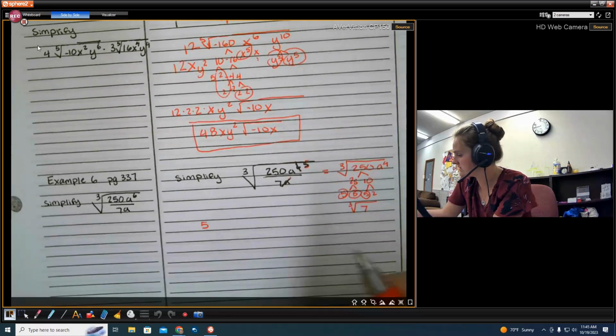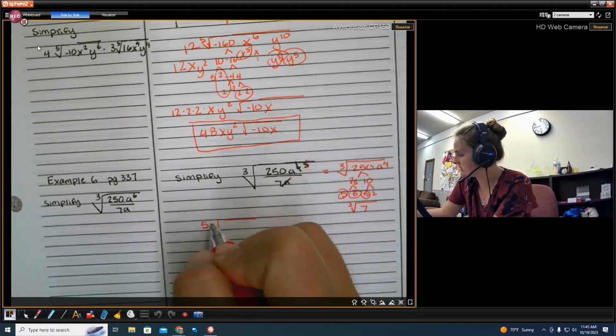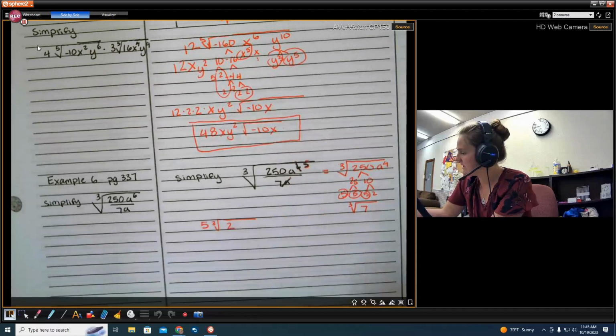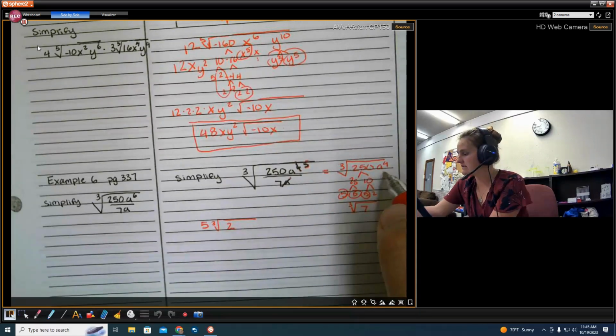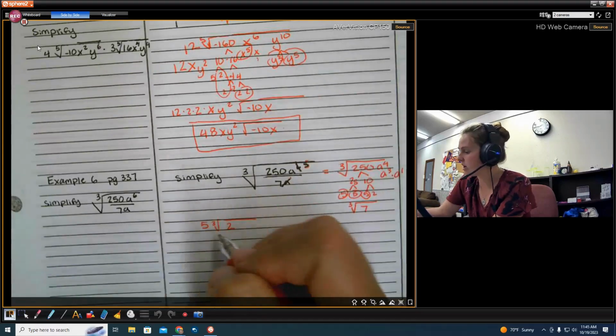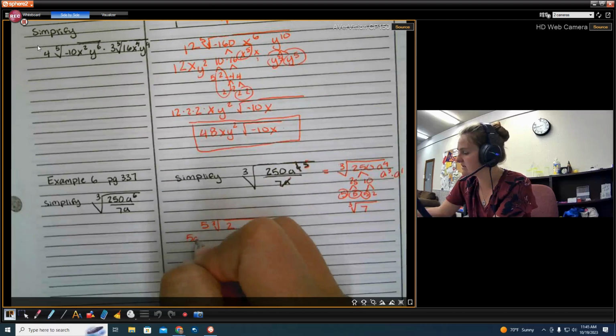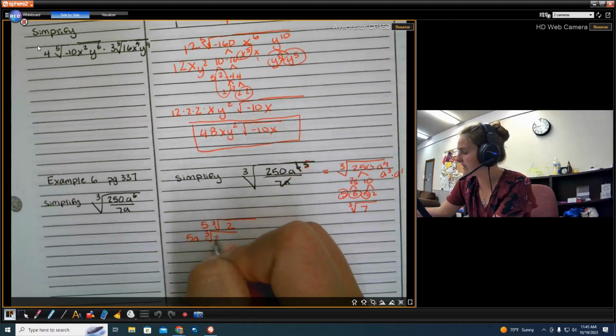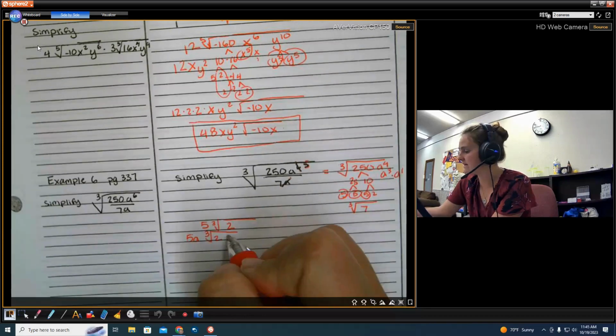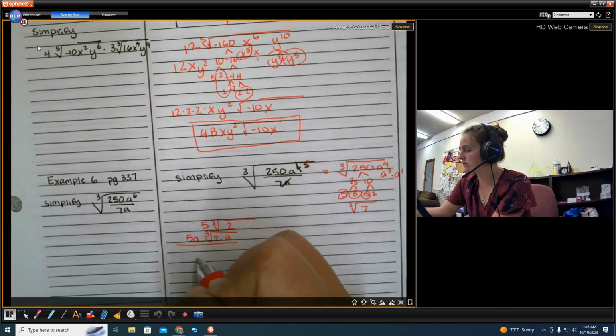My 5 pulls out, and my 2 has to stay inside. Okay, and then I can put this as a cubed and a to the 1st, and my a cubed I can pull out, so I can pull out 1a, one group of a's. So 5a cube root of 2, and then I also have my a that stayed inside, over the radical 7,